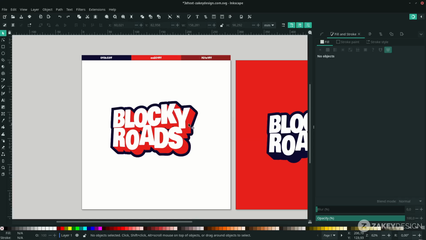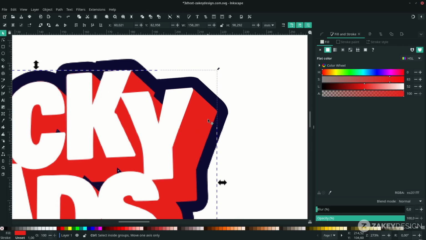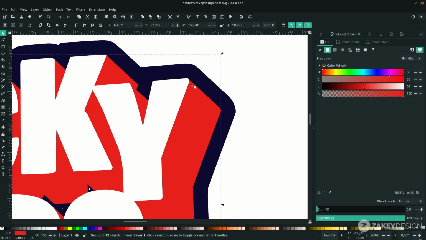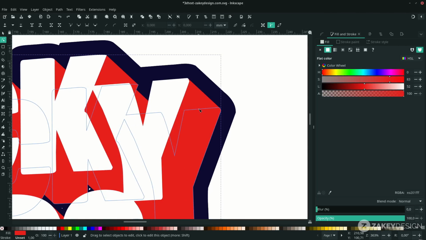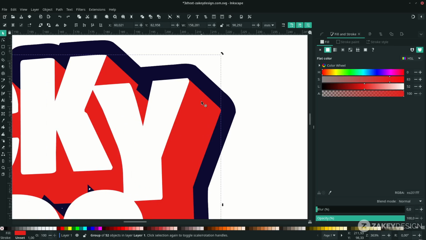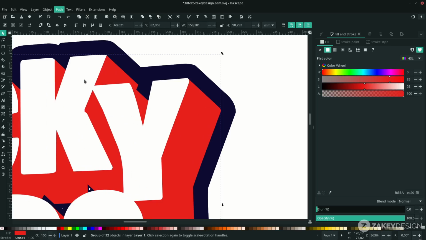Okay, now the last thing, I'm going to add the shade effect so it will look more dynamic with the Bezier tool. Before we use the Bezier tool, turn on this toggle snapping. And for the third color, make it combine, because if you see closely, zoom in and press F2 to enter the edit mode. Too many paths in here, just make it one path. So click this red color and go to path, choose combine. Okay, let's see, press F2.